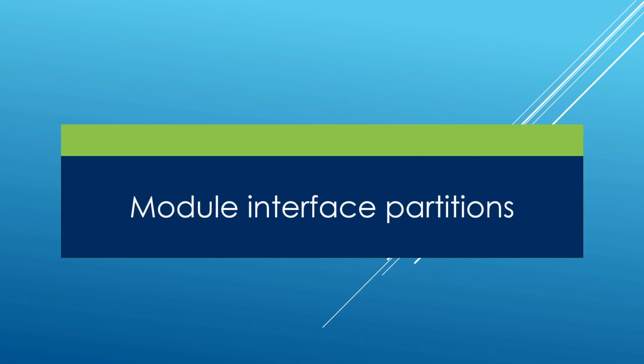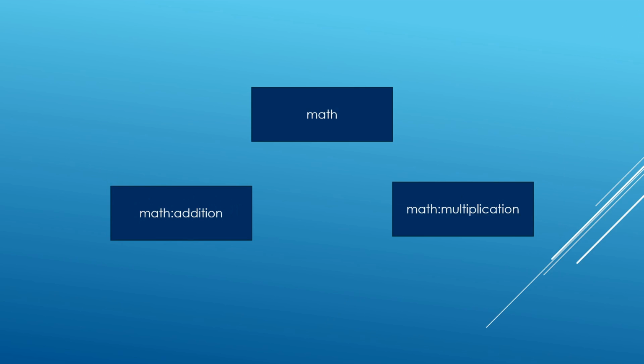In this video, I am going to show you one other way we have to break up the internal implementation of our module into parts. We have seen that we can use submodules, but submodules leak into the user space. Users of our module have the ability to see how our code is broken up. If you want to hide your implementation details, you can use the partition feature that we have in C++ 20